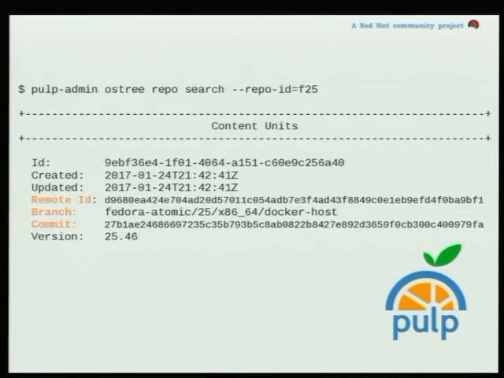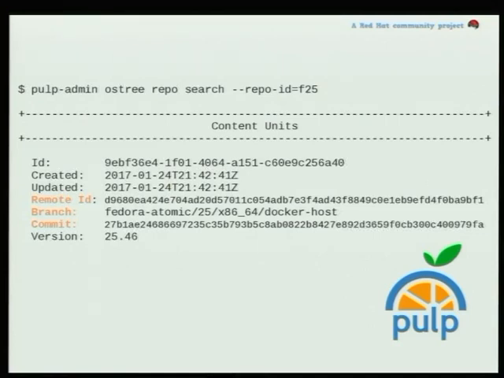So what did we get from this sync operation? This is the important part here. I've run a repo search command. We're searching within a repo. I didn't provide any filter arguments, so it's showing us everything, which is exactly one commit, because we only wanted that one branch. And I've highlighted the three key